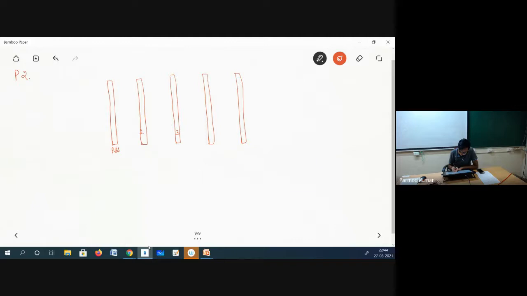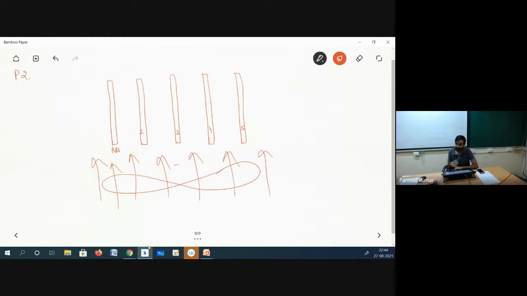Okay, and for all these printed circuit boards, we have a fan over here, and that fan is forcing the air. While air is moving through the different plates, these are arranged in such a fashion that through each spacing the air is uniformly distributed. So air is uniformly distributed.